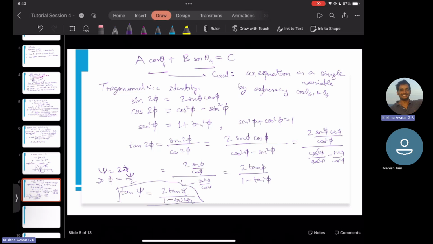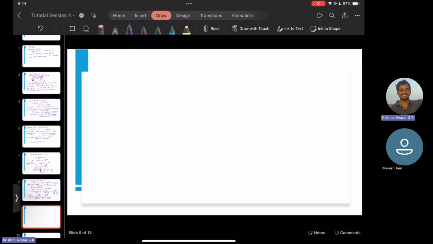The reason, you'll ask, is why. So the answer is that, given that we know the right hand side, we can write the left hand side as sine by cosine. I'll rewrite this again. So it is tan psi is equal to sine psi by cosine psi, is equal to 2 tan psi by 2 divided by 1 minus tan square psi by 2. Fine. From here, we can have it in terms of sine psi is equal to 2 tan psi by 2 divided by 1 minus tan square psi by 2,